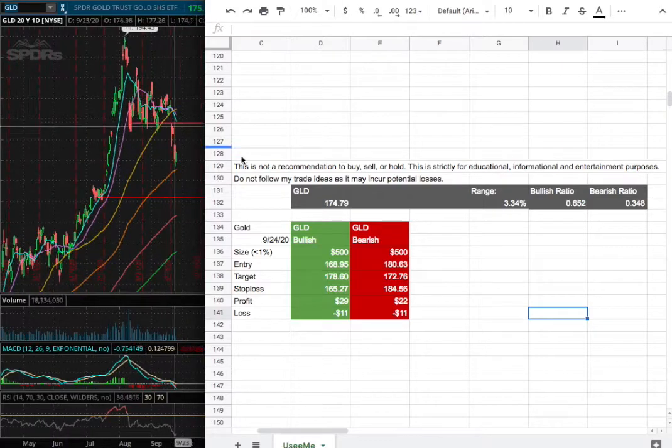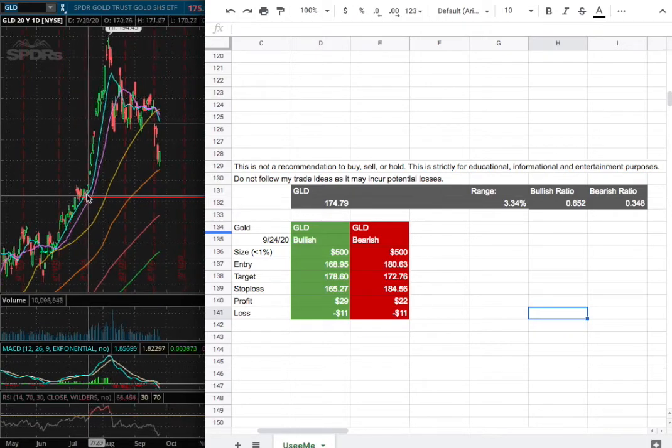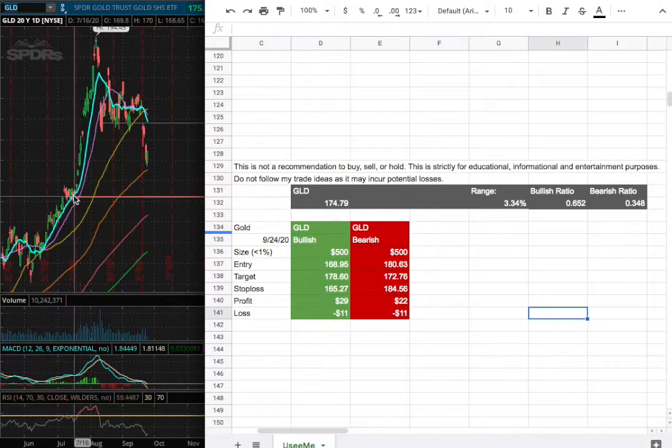So for the trade idea of the week, I'll be trading GLD. My position size is going to be less than 1% of my portfolio. My entry will be $168.95, which is this range right here, and that coincides with past resistance, and that will act as our long entry, and our sell target will be $178.60, and my stop loss will be